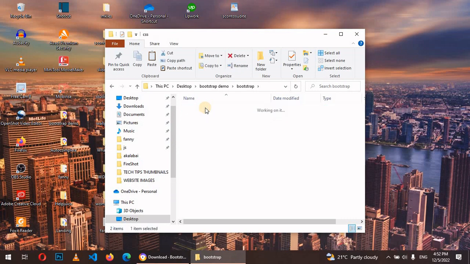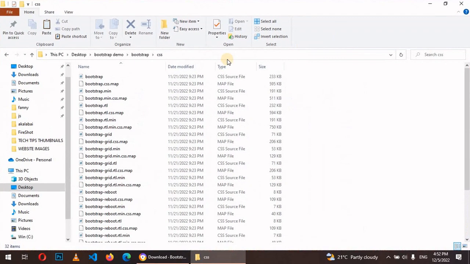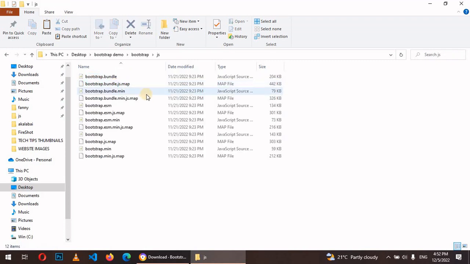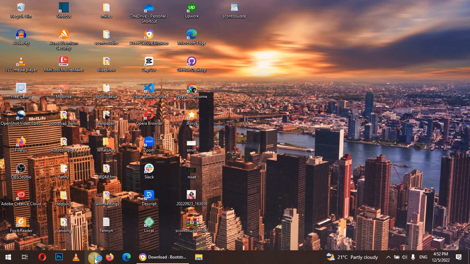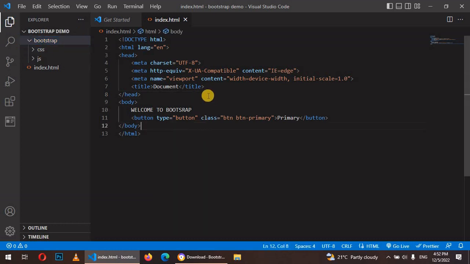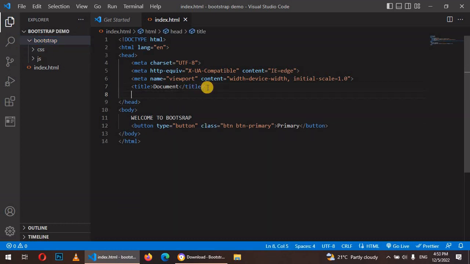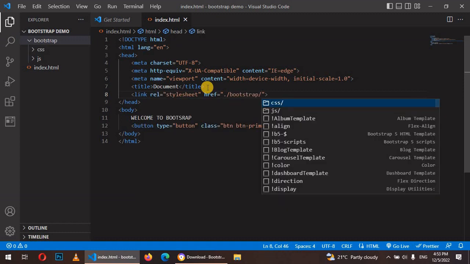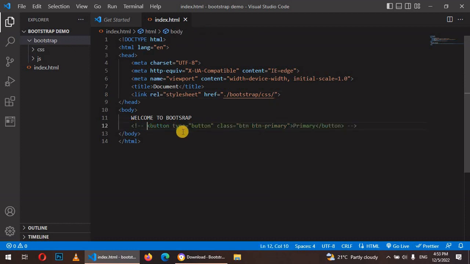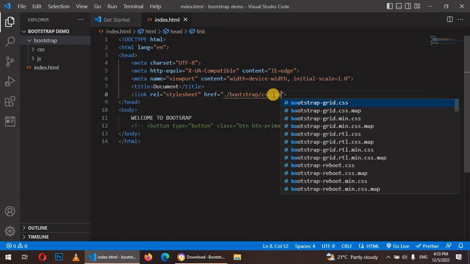It has CSS files that contain all the stylings, and then it has the JavaScript files that contain all the events. So we're gonna open again our Visual Studio Code. Now from here you can see we have the Bootstrap files here. What we are going to do is just link it the way we link CSS, and then navigate to Bootstrap CSS, and then let's first comment on this line, and then we're gonna say